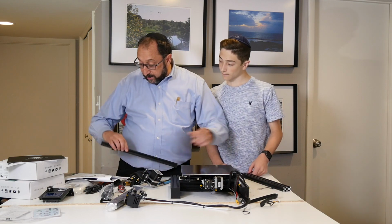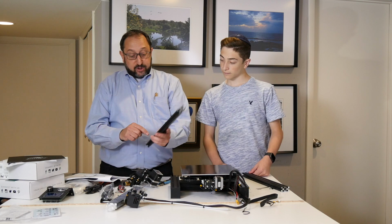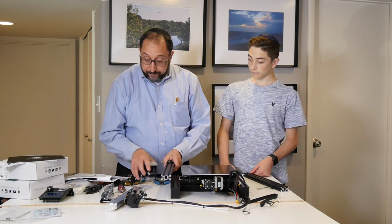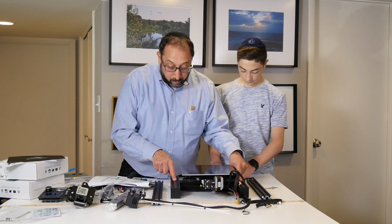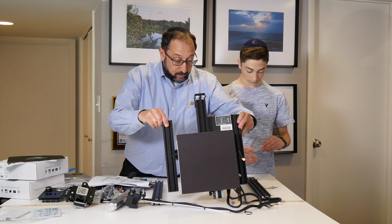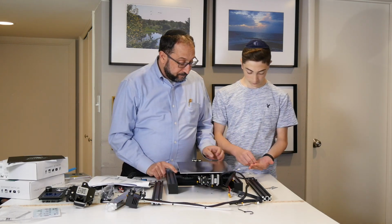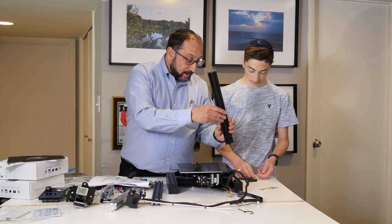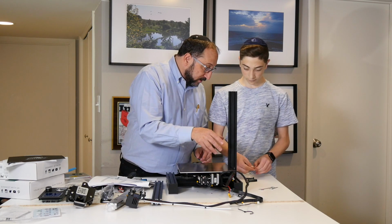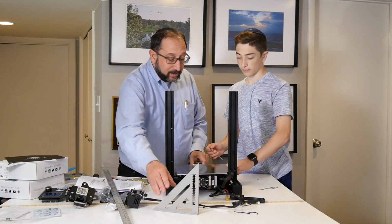The left one has the 2 holes on the side, and the orientation is that the hole that's closer to the end goes on the bottom. And we can see that there are holes here and here on this printer. So we're going to turn this up gently. And I will hold this in place, and I'll let you put the screws in. Okay. So now let's take and